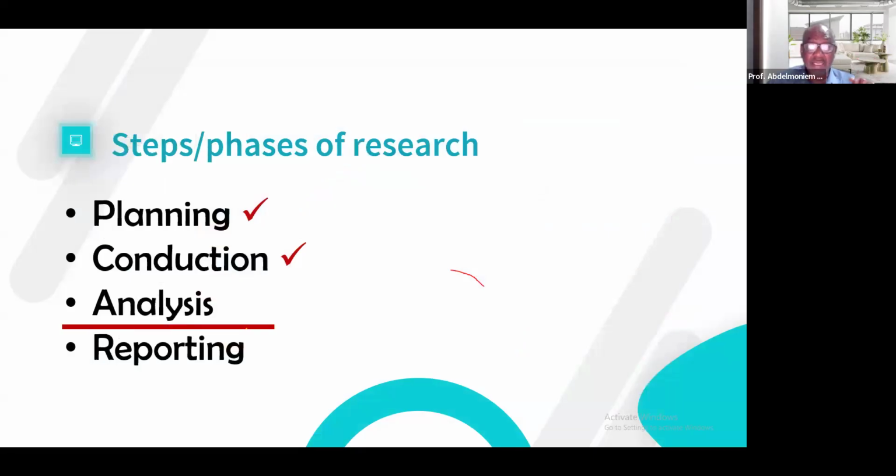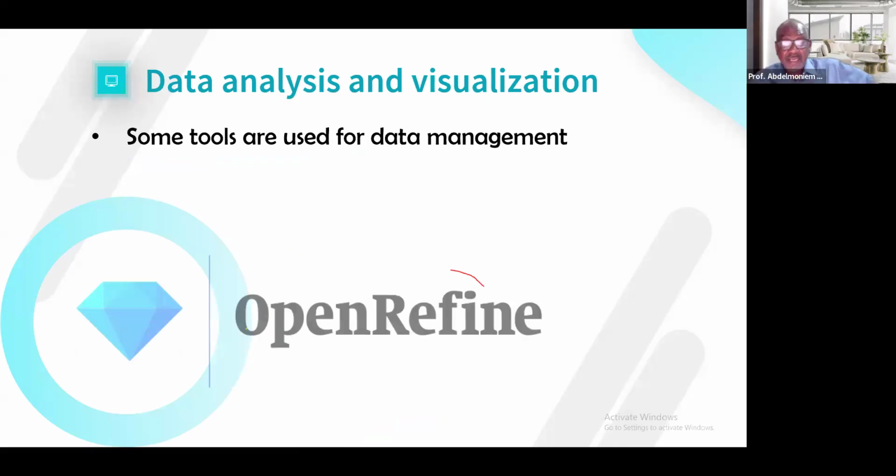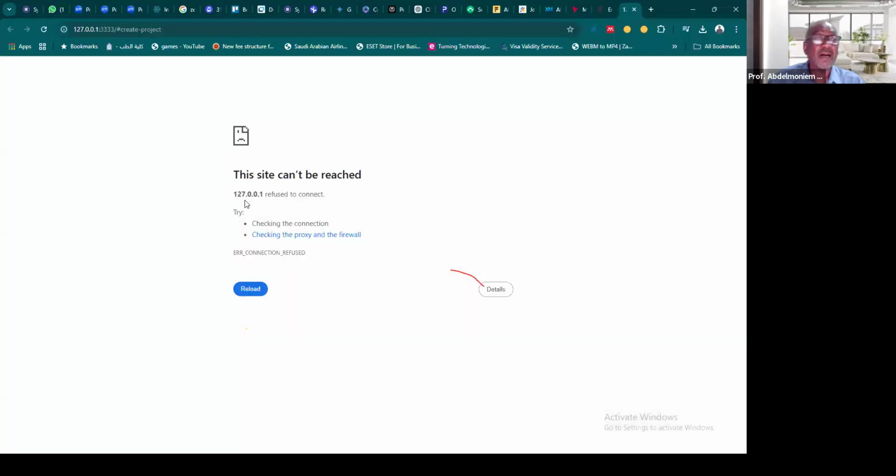And then we have the analysis tool. Now, I jump to the analysis tools because I'm going to explore the same tools we use to collect data and see how we can manage data. For example, first thing, if you collect data and then you can refine the data, there is one AI tool. It is called Open Refine. Open because it is free. So please memorize this and write it down, because Open Refine is free and you can actually register. You have an account and you start refining your data.